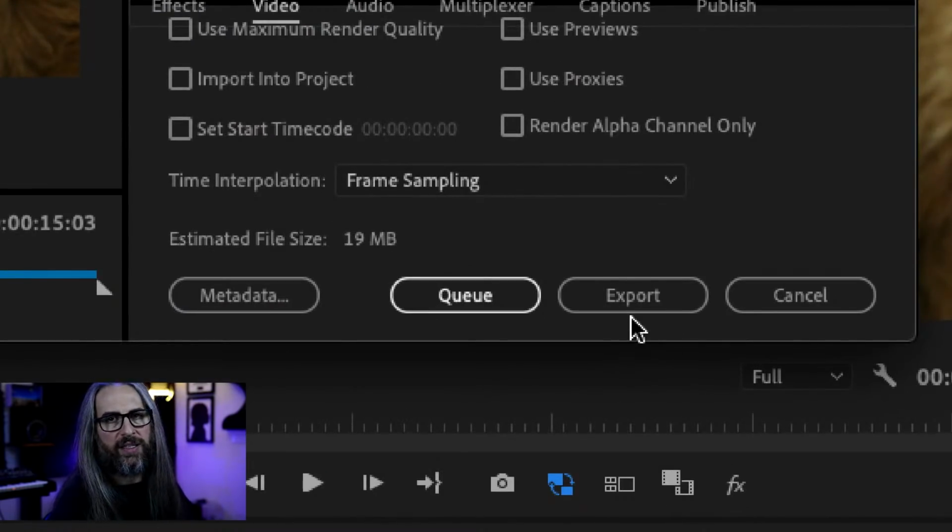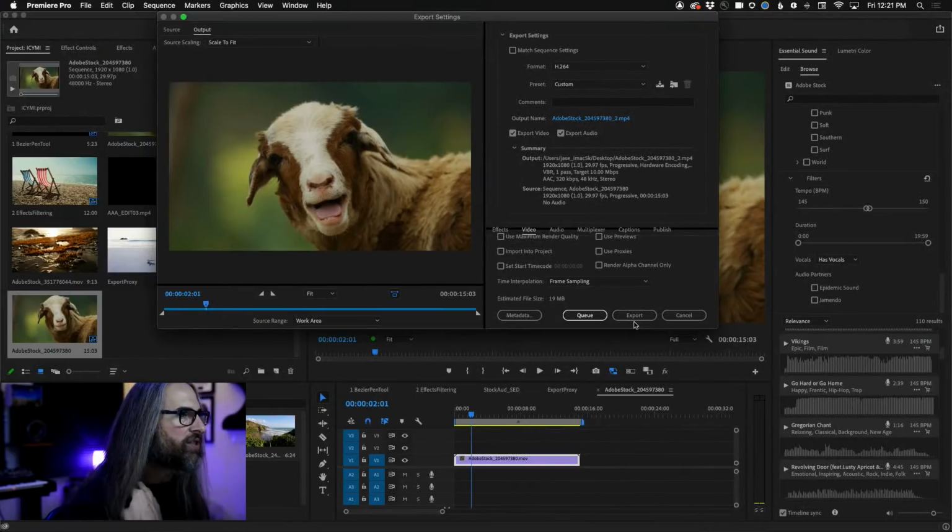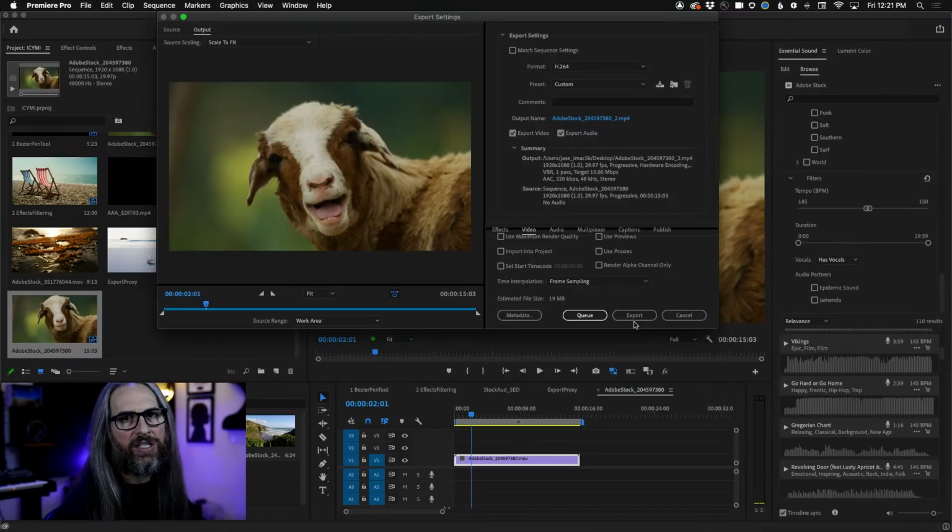When you do this, it's modal, meaning that this is what's up on screen. You can't do anything. Can you go to another app and work? Yes, but it's using all the system's resources to do that export. So everything's going to be slow. Web stuff will be slow. Outlook will be slow. Mail, doesn't matter what it is.